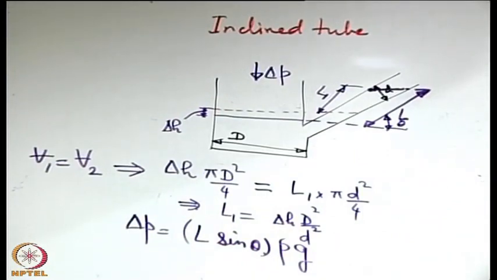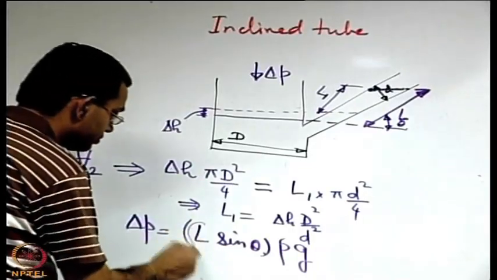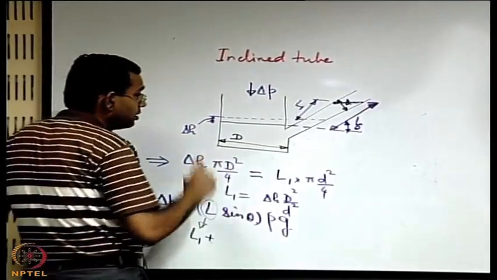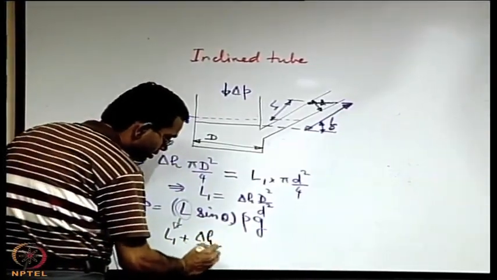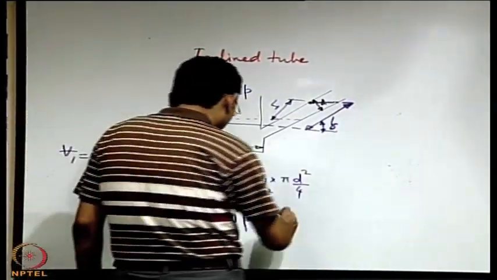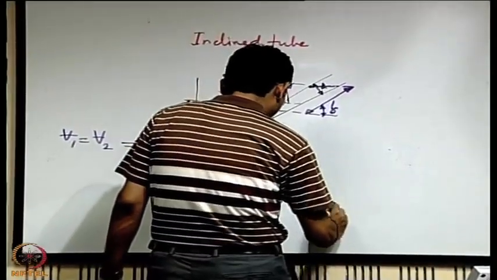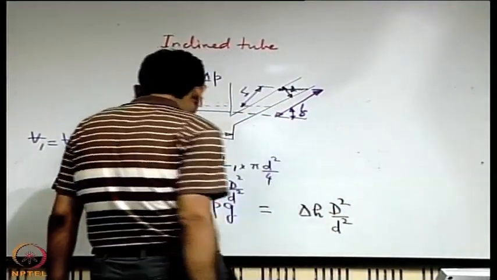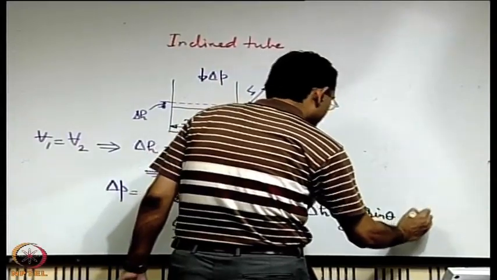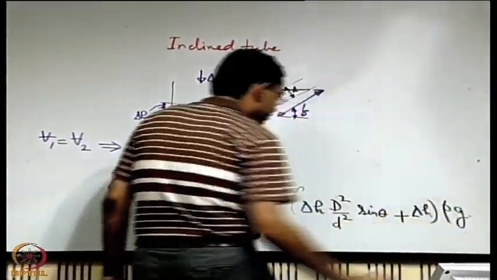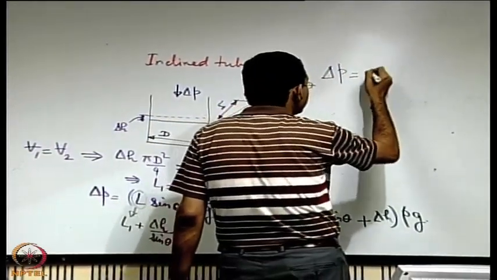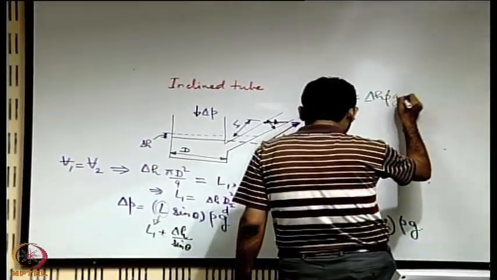You can replace L with L1 plus delta H divided by sin theta, and L1 you can write in terms of delta H. So, this you can write as delta H into capital D square divided by small d square into sin theta plus delta H, rho g. You can take certain terms as common, say delta H rho g, it will come to